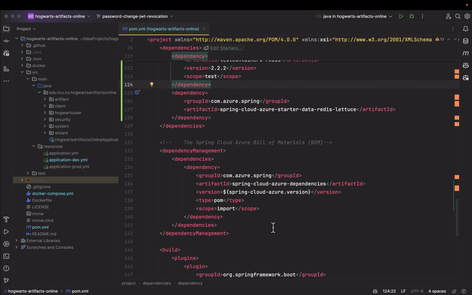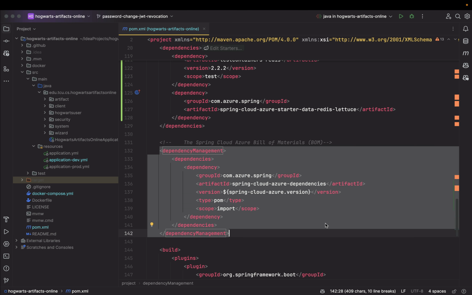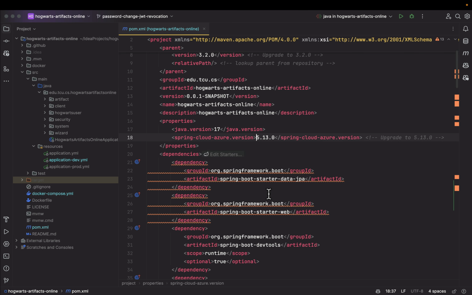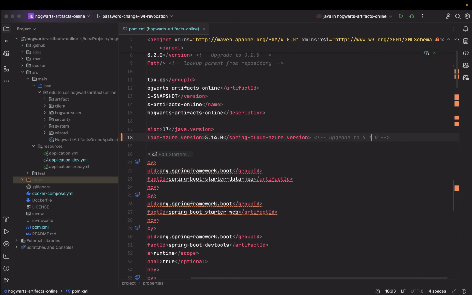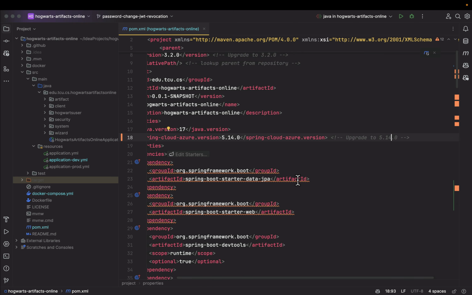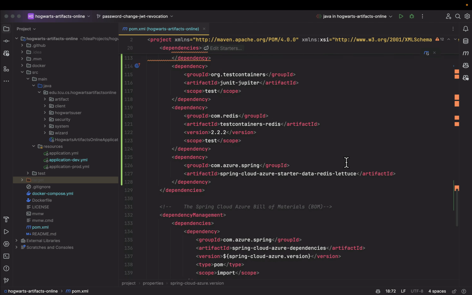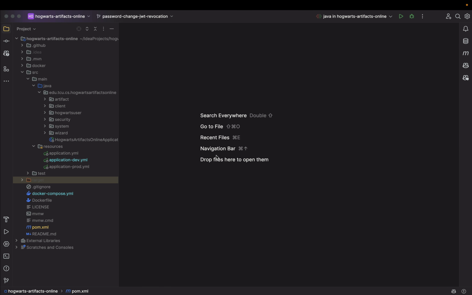You also need this bill of materials, this part, in case you don't have it. And let's bump the Spring Cloud Azure version to 5.14.0. All right, so let's get rid of this. All right, so this is the dependency. Next, let's go to